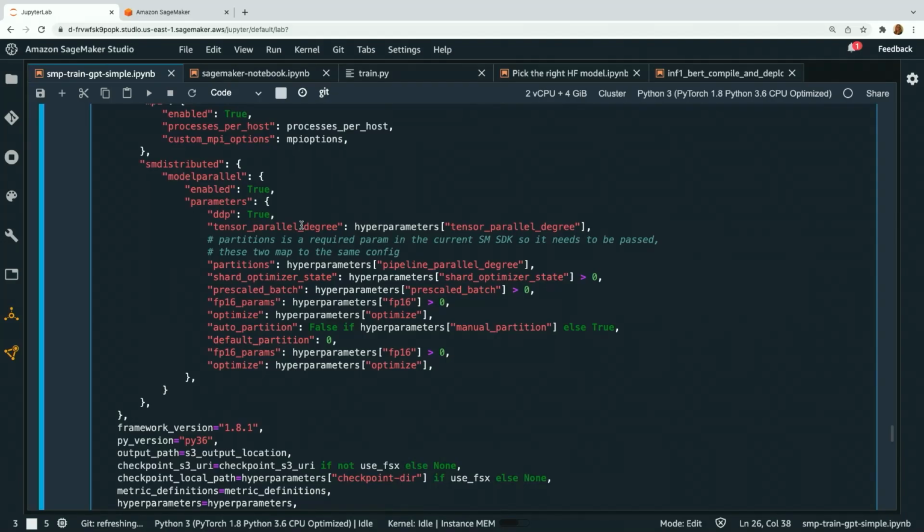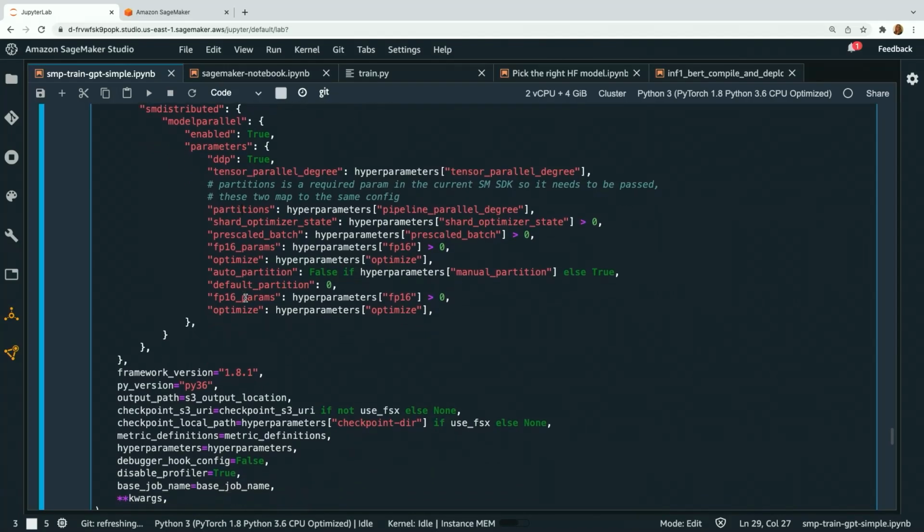Tensor parallel takes specific layers within that model and breaks those up and places them on multiple GPUs. So if you have one or even a few extremely large tensors within your model, tensor parallel will break those up and place them more efficiently. And so that's your tensor parallel degree. Then we have partitions, optimizer state, etc. Those are all defined here.